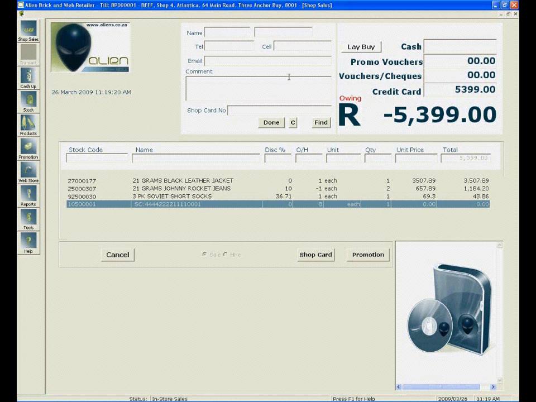When I do that, the system records it automatically into my company's lists. At this point I can also use a promotional voucher, which will be entered into promo vouchers in that area there, or I can use another shop card which has credit or credit limit on it to pay with. But in this case I'm just going to